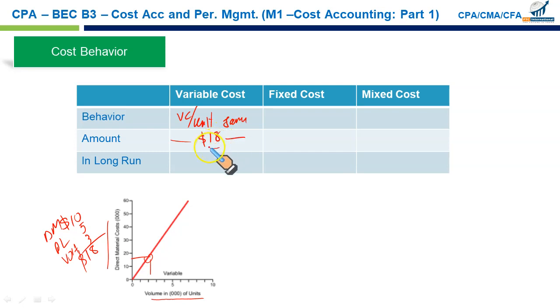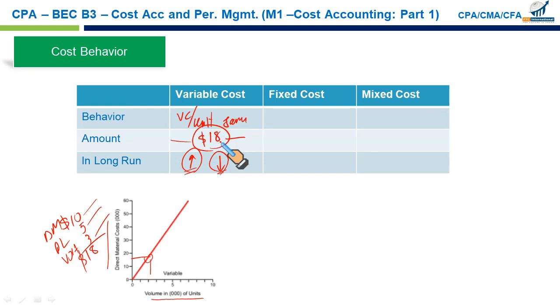So this $18, which is the direct material, direct labor, variable overheads, stays the same in the short run, but in the longer run, it could go up if the material becomes scarce or maybe the labor is more expensive. And it is possible that it might fall if you could obtain quantity discounts or if maybe you can get labor cheaply. So we can't say whether the variable cost per unit is going to go up or down. It depends upon various factors. The point to remember is that in the short run, variable cost per unit stays the same, but in the long run, it can go up or down depending upon the context.